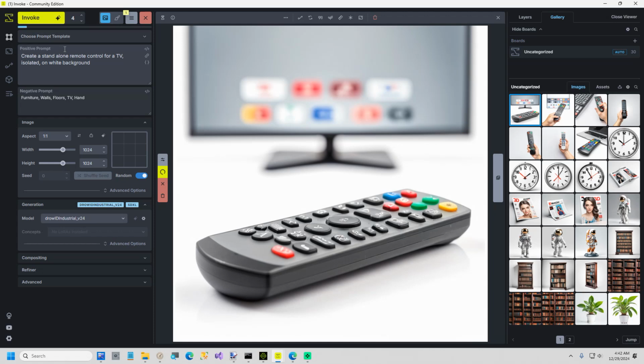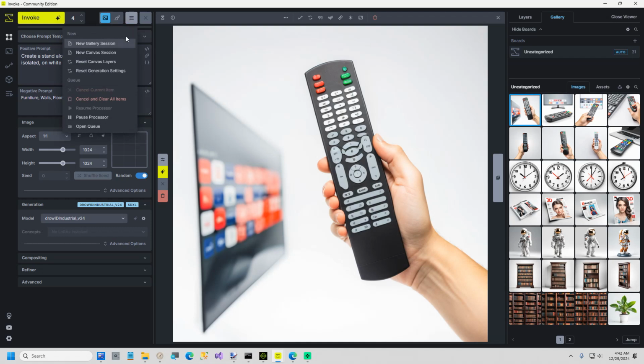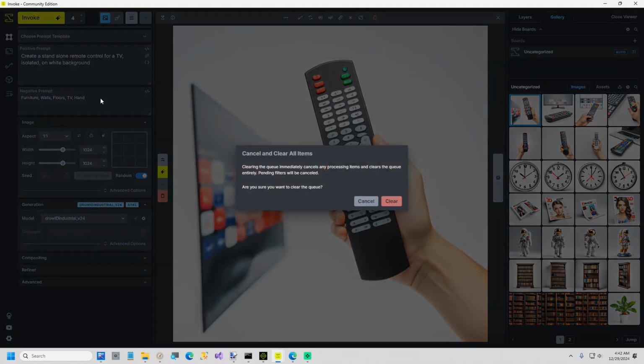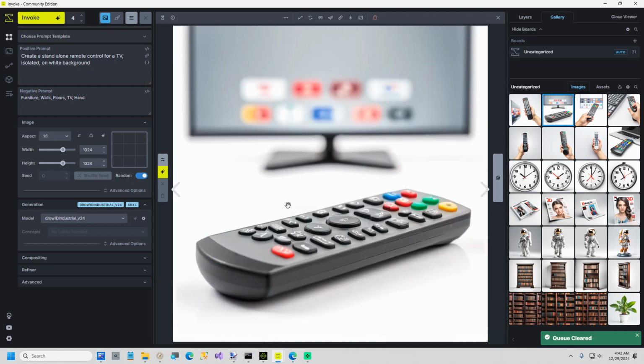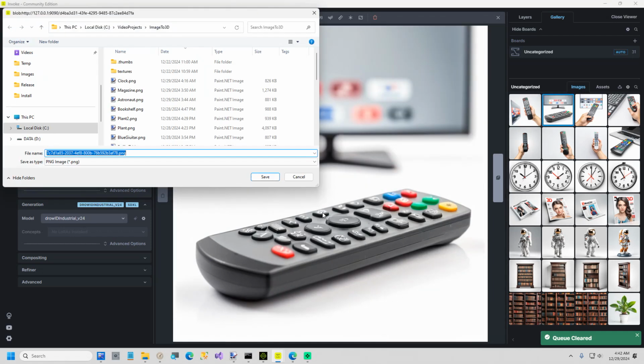As with all AI, that one's actually the closest one I can get to usable because I can just take that image and fix it. So we'll just take that one. You can always stop it. Let me go ahead and just stop this. So here, okay, it's done. So we'll just take this one right here, download the image,